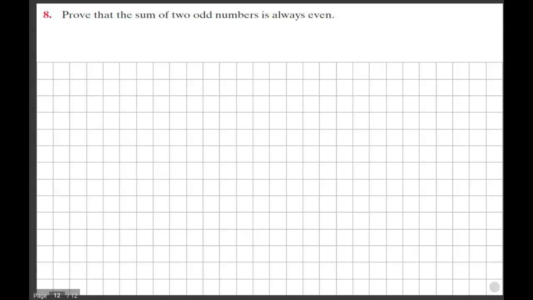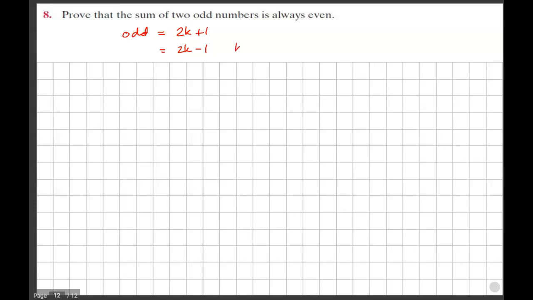So in question 8, we're being asked to prove that the sum of two odd numbers is always even. Just to remind you, an odd number can be written as 2k plus 1. Technically, what I prefer to write is that an odd number is 2k minus 1,